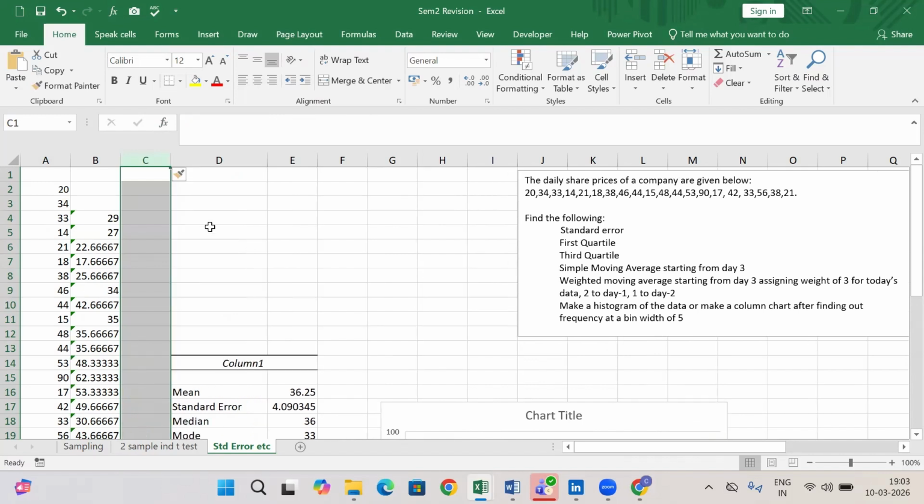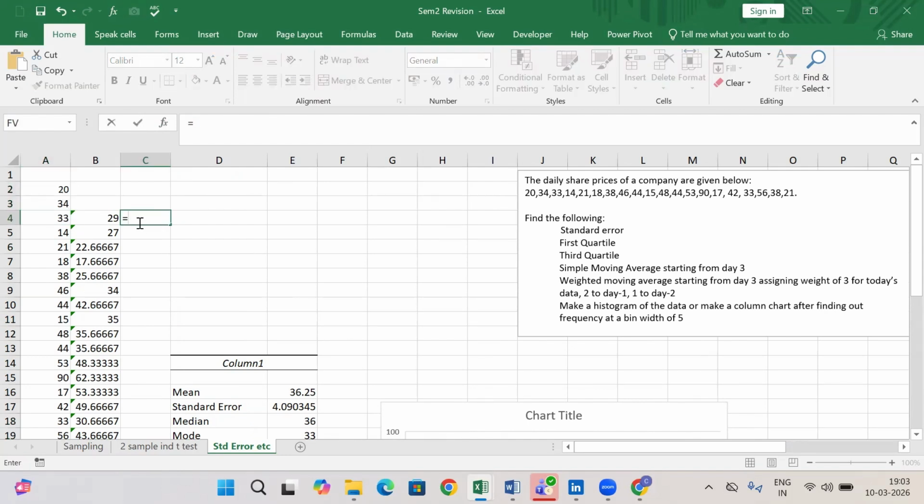Insert. Now the next question says weighted average starting from day 3, assigning a weight of 3 for today, 2 for day -1, and 1 for day -2. So what is to be done is, day 3. So 1, 2, 3. Now here I have to take it as day 1 is 33